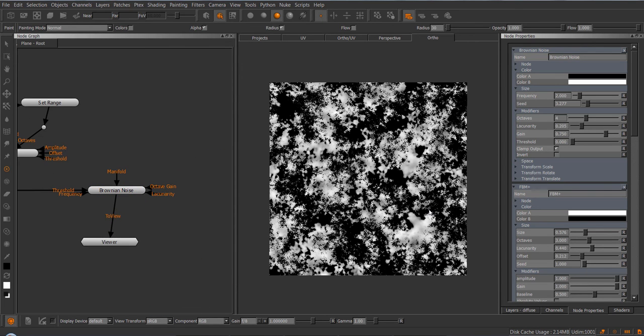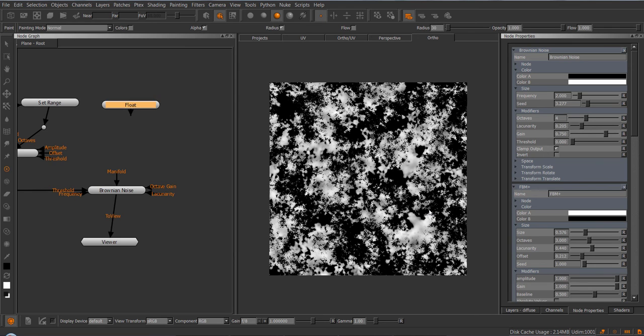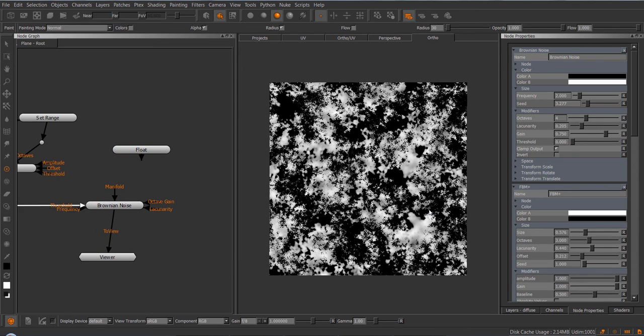There's also a bunch of new nodes. I'm covering quite a lot of them in different tutorials, such as the manifolds and material regions and all this kind of stuff. Just a few ones that I haven't covered before. So, for example, we have the simple float node, which if we take a look,